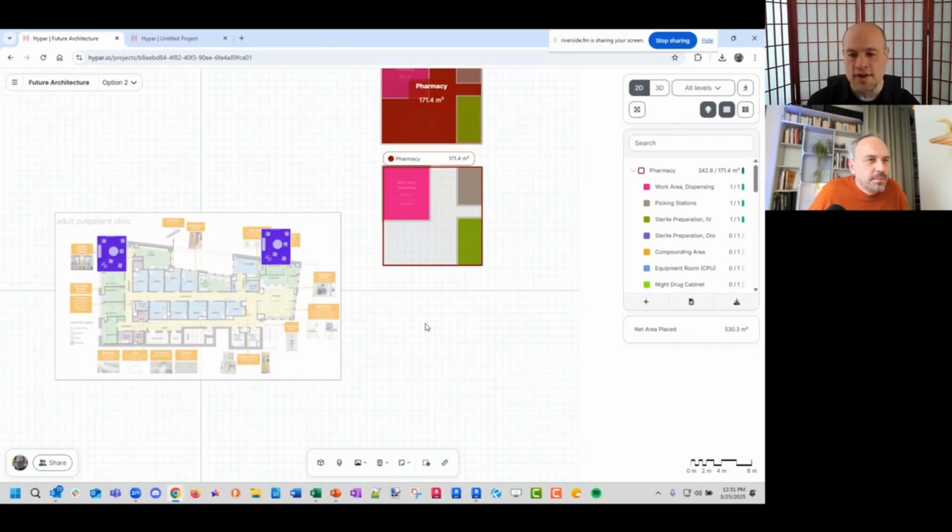Since it's free to trial, people are jumping in and then telling us all about this other kind of project they're doing. So there's a few single family residential folks who are doing their planning in it. We didn't specifically go and support that, but people seem to like the ease of the UI, and so they tend to bring in their own projects.